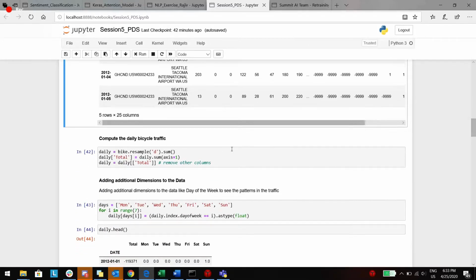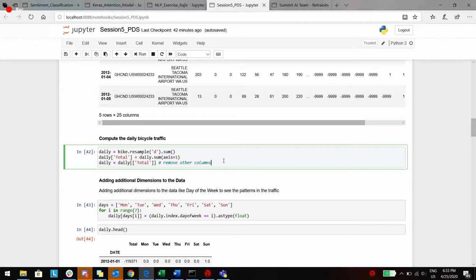And to compute the daily traffic, I am using this function, which those who haven't used Python earlier may not be familiar with. What we are doing here is resampling on the dates so that we are covering all the dates, and aggregating, which is a sum operation here, for those dates.